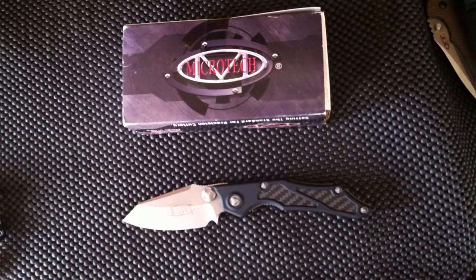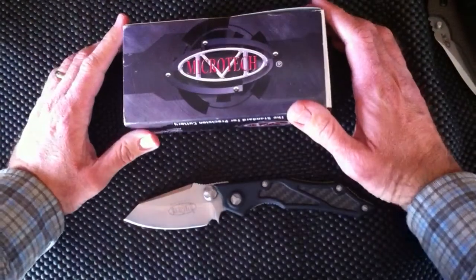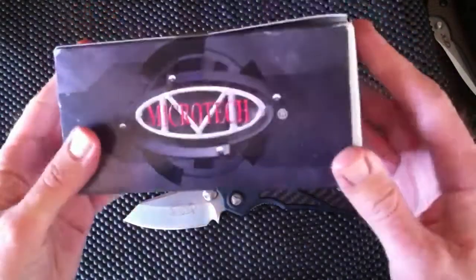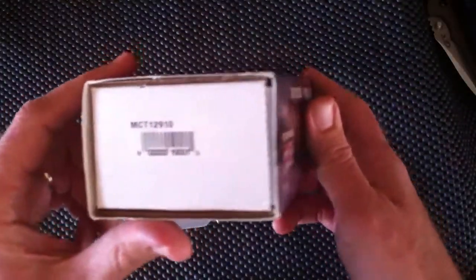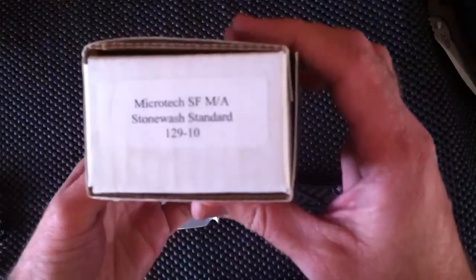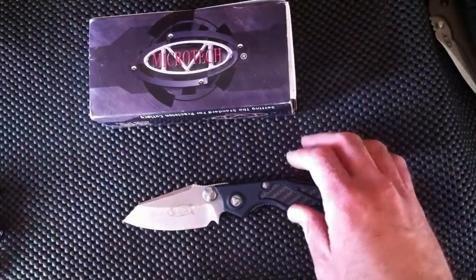Hey guys, I wanted to share with you a knife purchase I made not too long ago. This is actually my first Microtech. To be honest with you, I haven't really been interested in Microtechs up until this point. A few things, which I'll talk about in a minute, I just don't like about them, but this knife